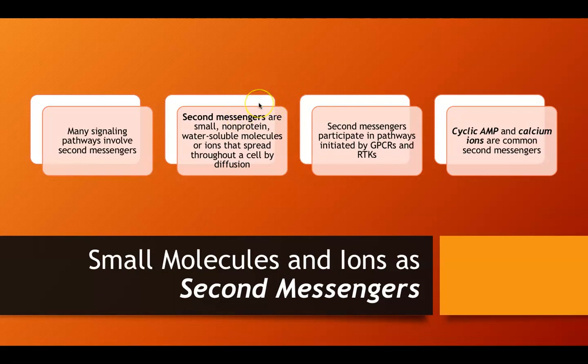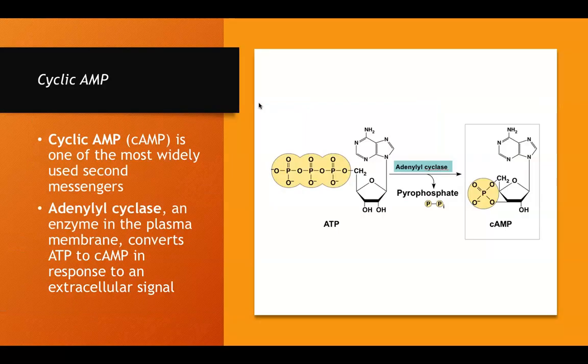Second messengers are going to be small, non-protein, water-soluble molecules or ions that spread throughout the cell by diffusion. Now, your second messengers are going to participate in pathways initiated by GPCRs and RTKs. And your two most common second messengers are going to be cyclic AMP and calcium ions. So let's look at how cyclic AMP is actually made. Cyclic AMP, the AMP stands for adenosine monophosphate. So that means that it's basically an RNA nucleotide,